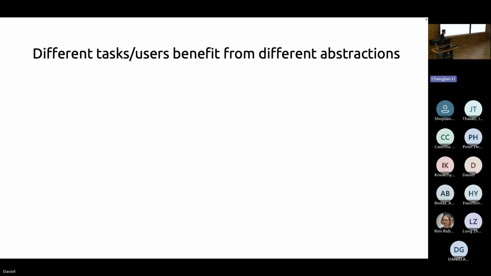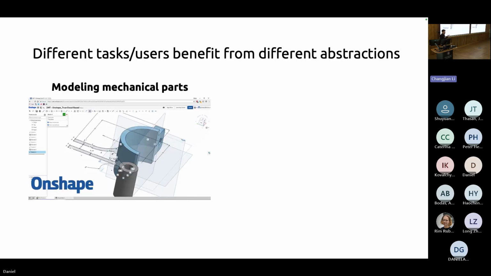Not all 3D modeling tasks should use the same abstractions. A very obvious example is if I'm someone trying to build mechanical parts for a car. I probably want to use a CAD tool like Onshape because it provides really precise curve drawing. It allows me to define constraints between elements of those curves. It allows me to do operations like Booleans or chamfer or bevel, things that reflect the physical manufacturing processes that are going to build this geometry.